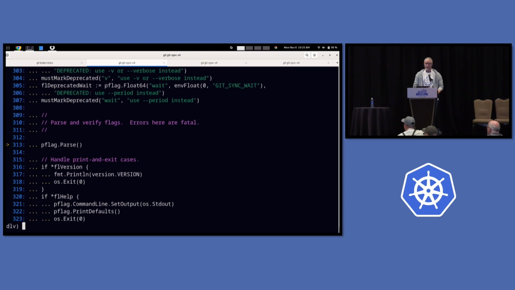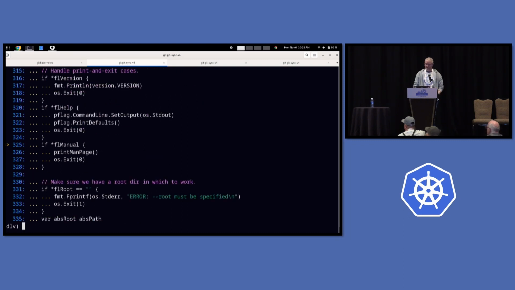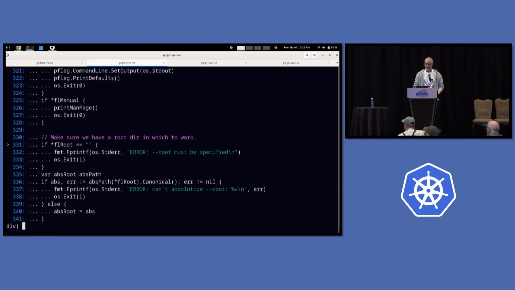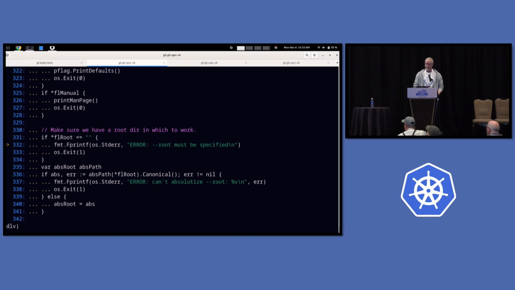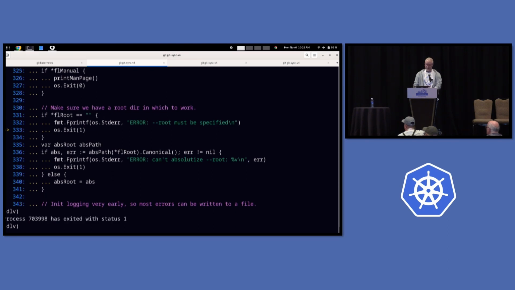All right, cool. I've gotten through the flags. Now I'm in my main function, so what question should we answer? I'm going to skip over the flag parsing. Are we asking for the version output? No, we're not. Am I asking for help? No, we're not. Am I asking for the man page? No, I'm not. Is my root variable set? Oh no, it's not. Shoot. Well, that's that. Okay, I'm going to restart the program, and I'm going to say